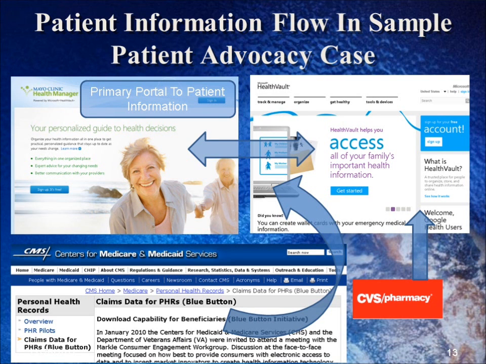A more in-depth evaluation will show you how the information flowed in our initial discovery phase. We went online to cms.org and opened up the patient's claims data and then exported those data to the Microsoft Health Vault after creating an account for the patient. When we set up Health Vault, we also set up Health Vault to speak to the CVS pharmacy chain, and